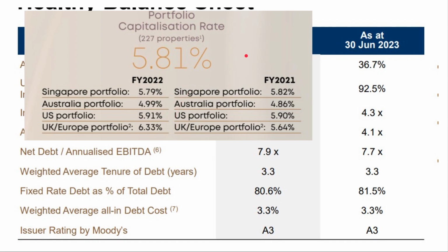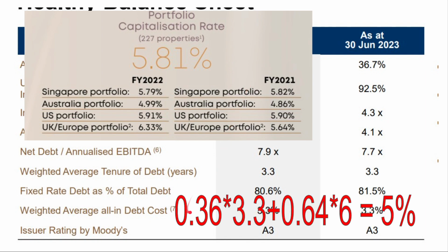So let's think about the cost of capital that the Ascendas REIT has right now. Given the current share price and the current DPU, the cost of equity comes out to be around 6%. So if you look at it, 36% times 3.3, which is the cost of debt, plus 64% times the cost of equity, which is around 6%, this comes out to a nice number of 5%. So you can see that even in this current environment, the cost of capital for the REIT is around 5%, and